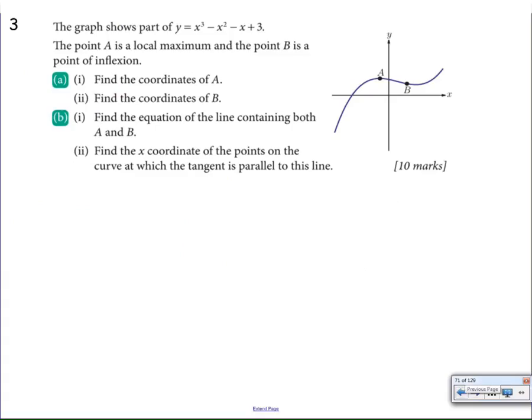For number 3, we're given a polynomial, and they label 2 points A and B, where A is a maximum and B is a point of inflection. So I should tell myself to find A, I would set f prime of x equal to 0. To find B, I would set f double prime of x equal to 0. And that's what they want us to do, find the coordinates, the x and y coordinates for the points